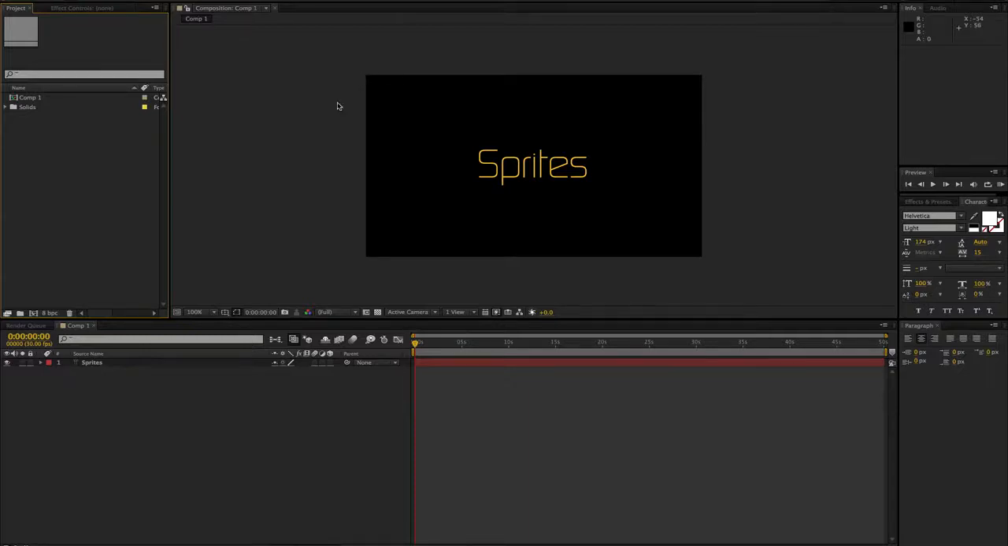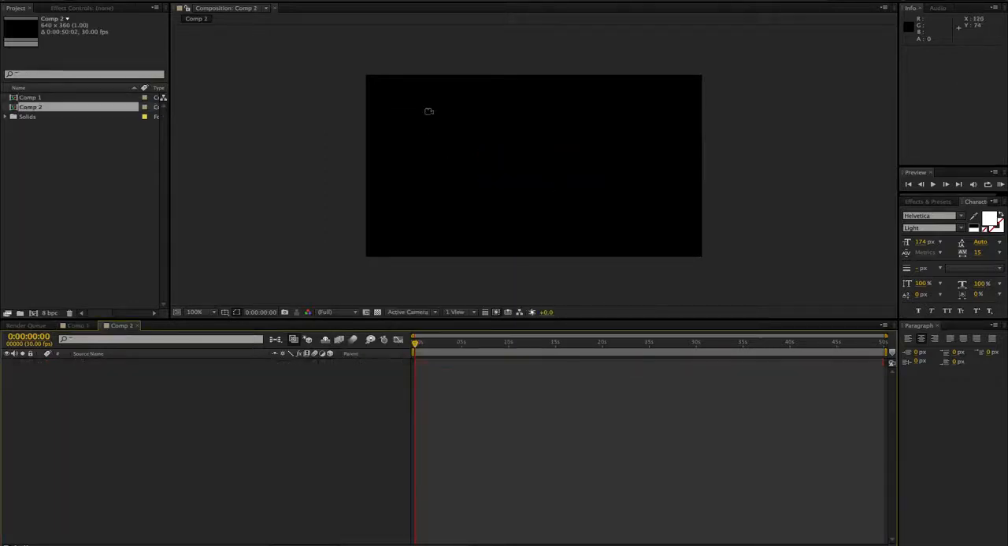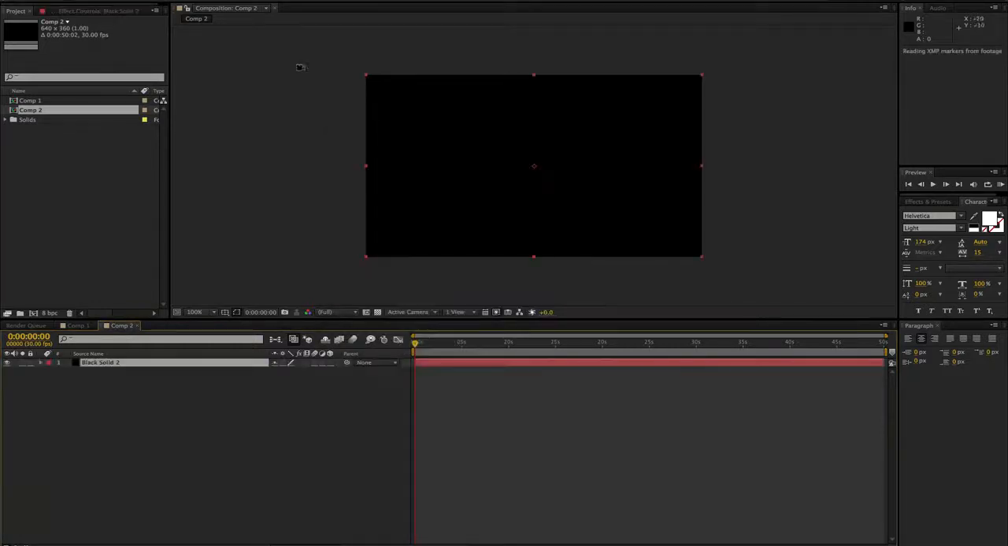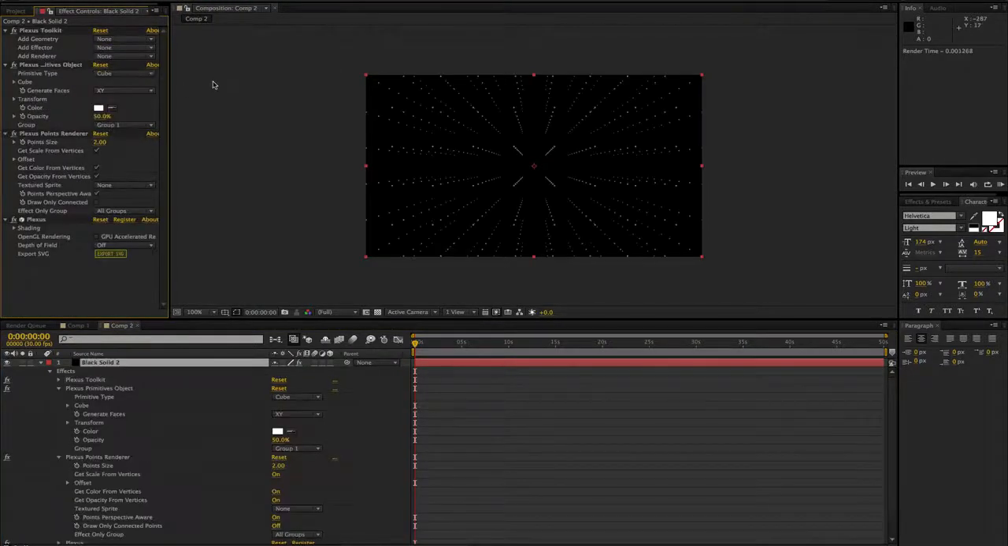Let me go ahead and create a new comp. Make it 640 by 360, or whatever size you need. And let me create a new solid and create Plexus and add a primitives object, which automatically creates a cube